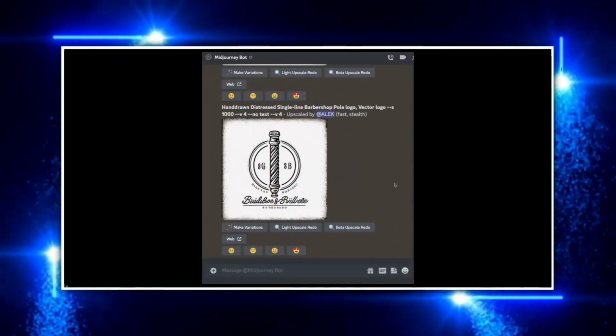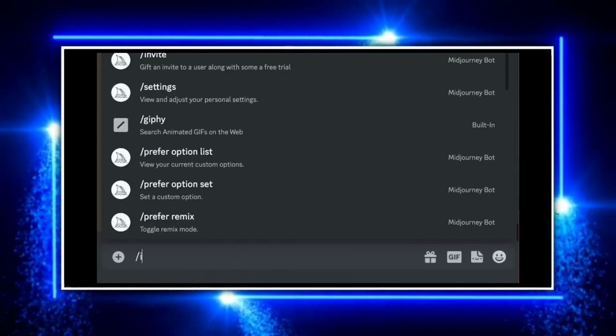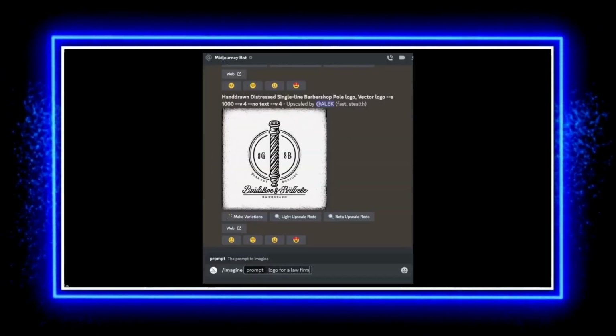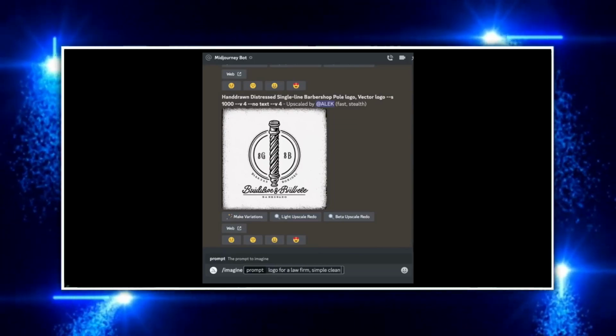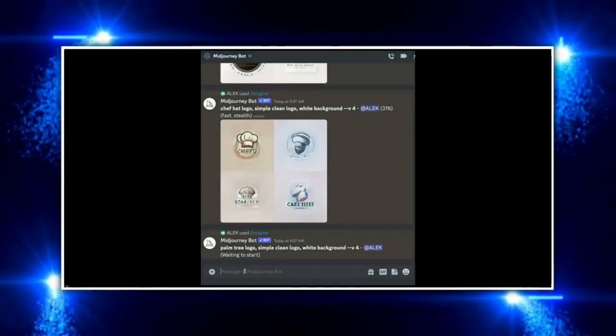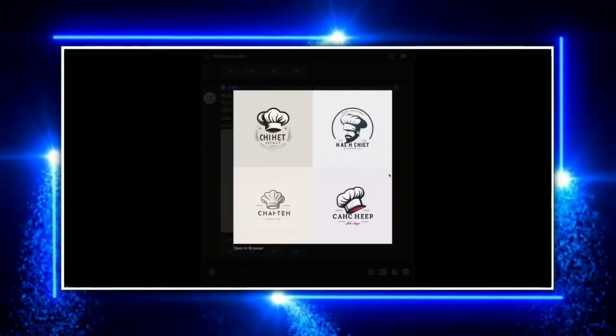Logo generation process. To generate logos, use the /imagine command in the chat and provide prompts. For instance, a prompt for a law firm logo with a simple, clean design on a white background can be entered. Multiple prompts can be submitted, and the AI will generate images accordingly. If unsatisfied with the initial batch,